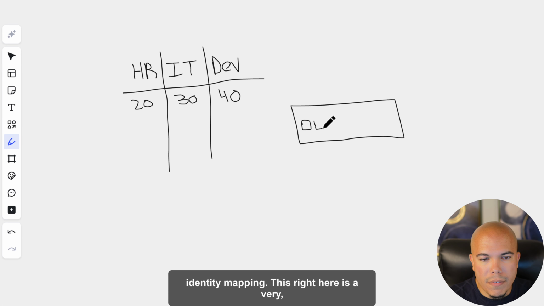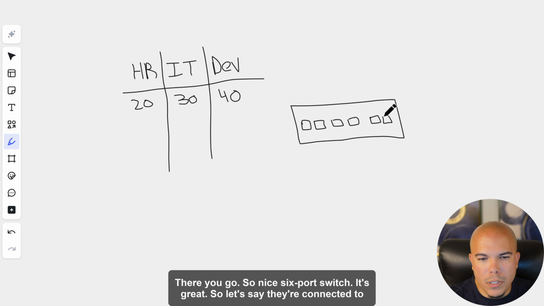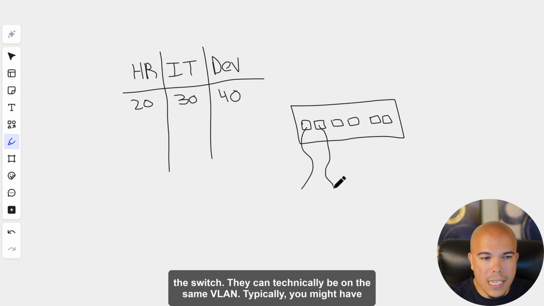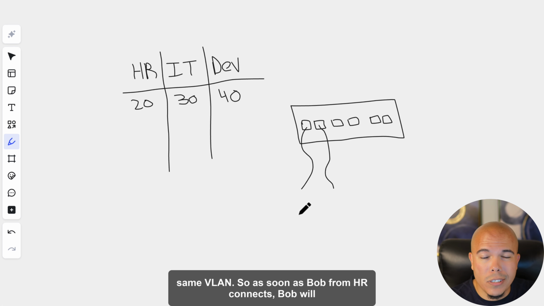And this right here is a very crudely drawn switch that we're putting together. There we go. It's a nice 6-port switch. It's great. So let's say they're connected to the switch. They can technically be on the same VLAN. Typically, you might have them on different VLANs, but if these are all just users, you could put them on the same VLAN. So as soon as Bob from HR connects,